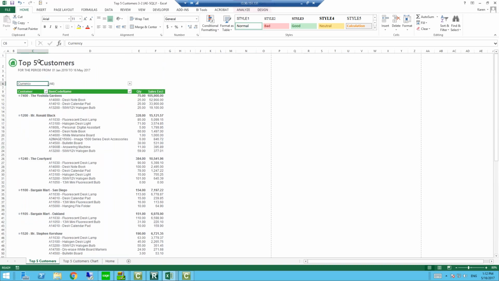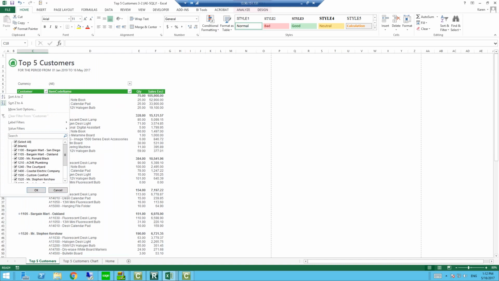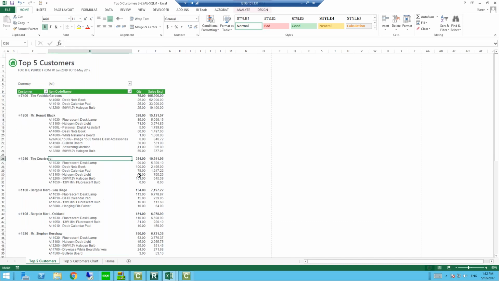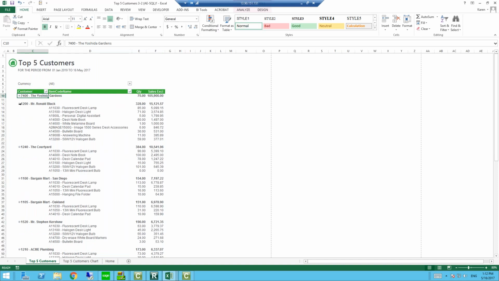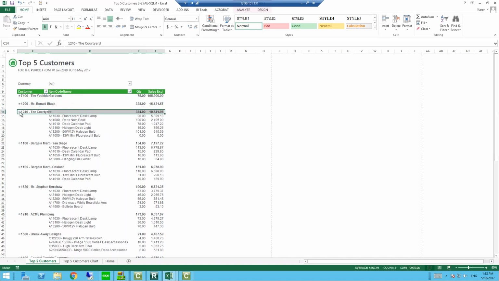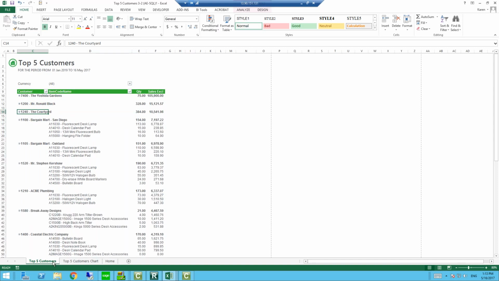So although this says top 5, there is flexibility because it's pivot tables, and you could go ahead and add your top 5 or top 10. You could also drill down so that you just see the high level of what customers there are and the totals. Keep in mind you could also copy this sheet